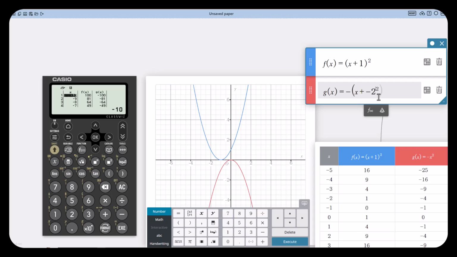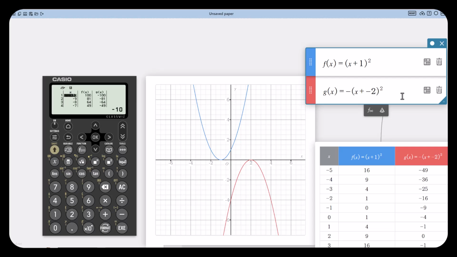And let's put that parentheses in. There we go. So before you hit enter, this is a great thing about dynamic: what do you think is going to happen? And they're going to go, well, it's going to go to the right 2 spots. So let's see. And it did, right? So this is the great thing about dynamics. You can make a conjecture and test it out.